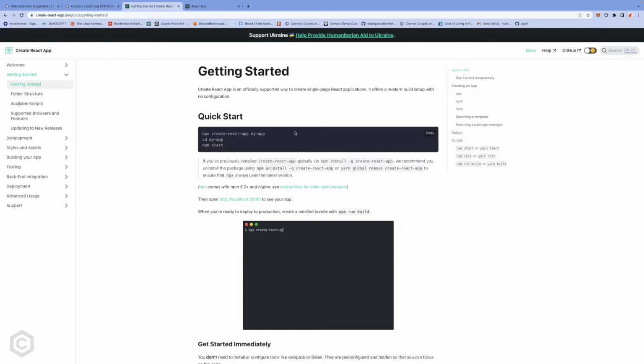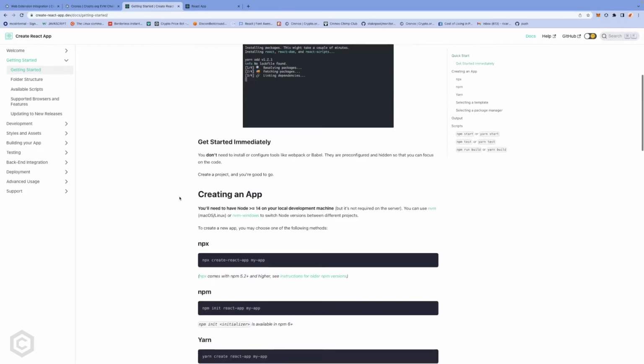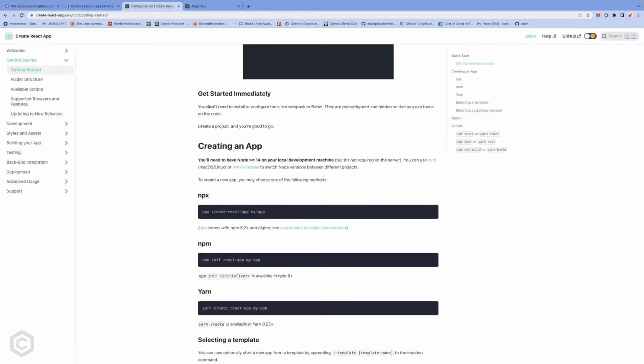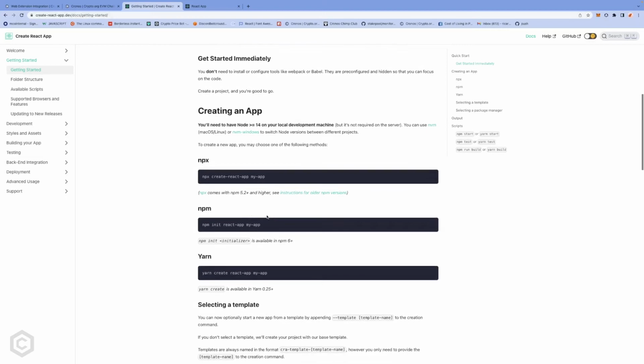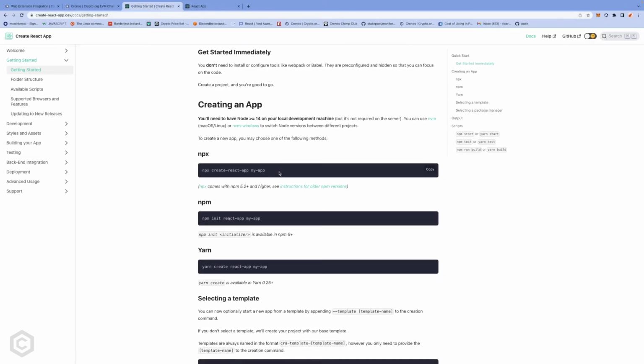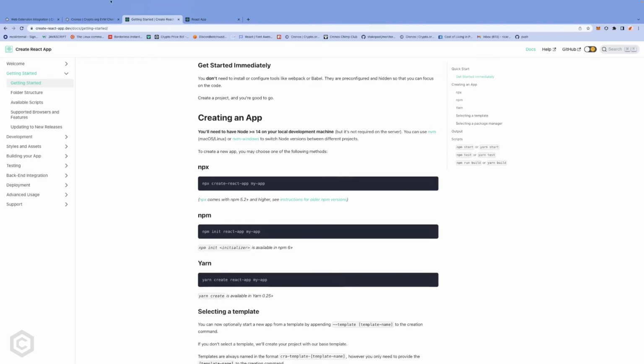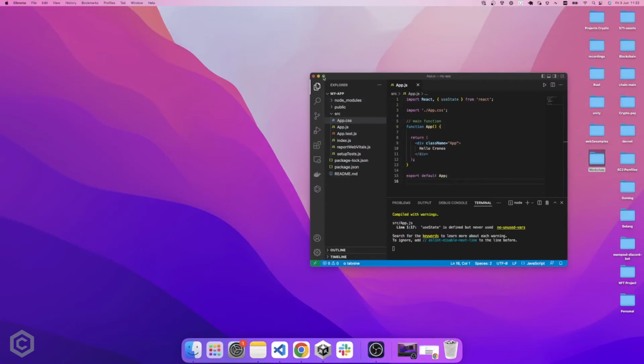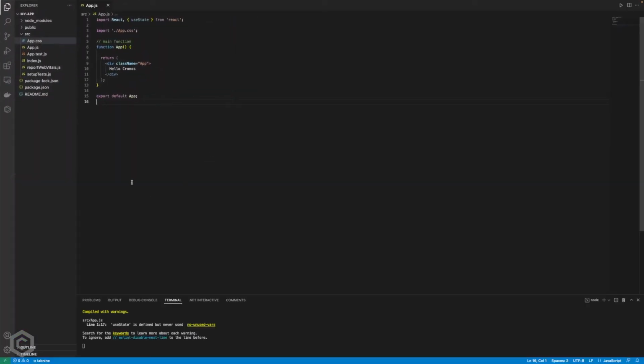So the very first thing that you want to do is install a fresh Create React app, and you can use any of the official methods that are available on the Create React app.dev documentation, and then just create your basic React template. So once this is installed on your local machine,